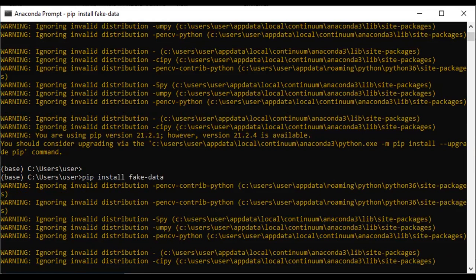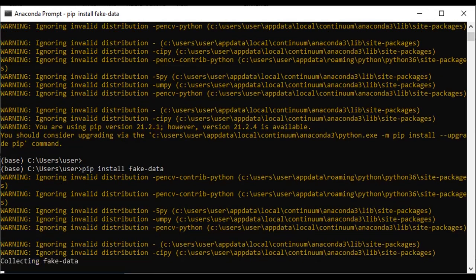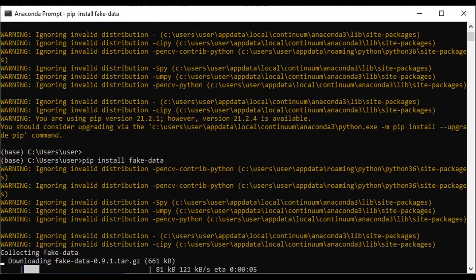You can see that it's downloading now. Can you see it? Yes. So it's downloading it. It's going to download that library.